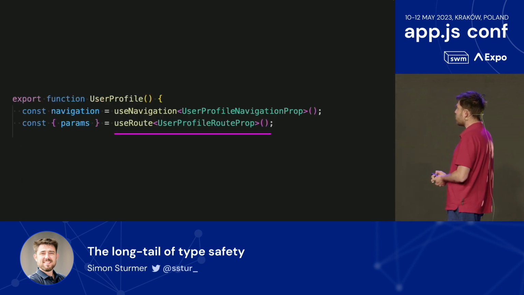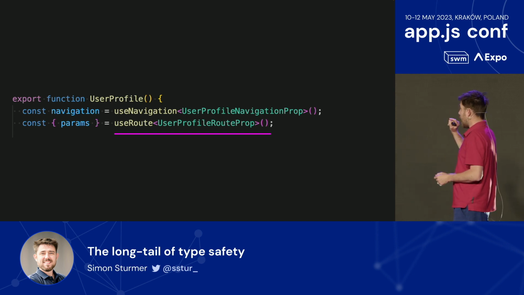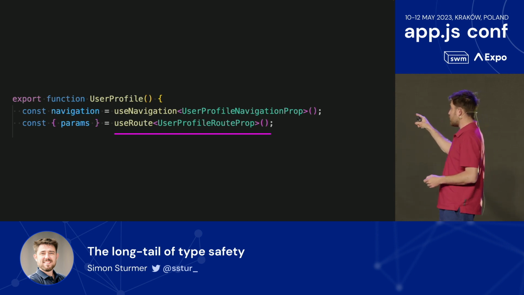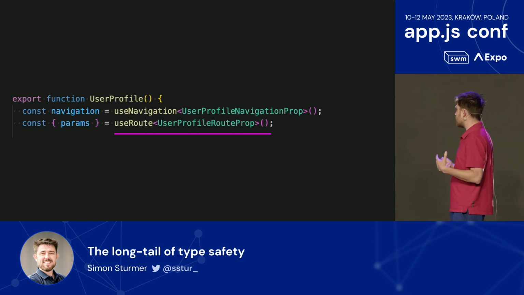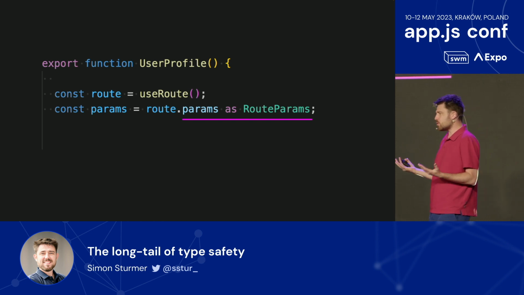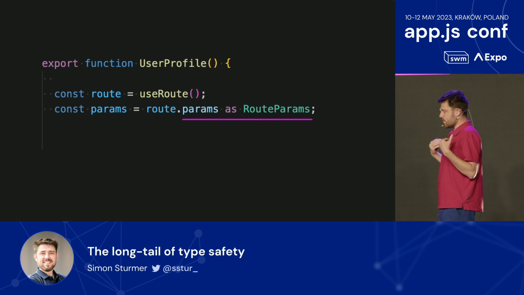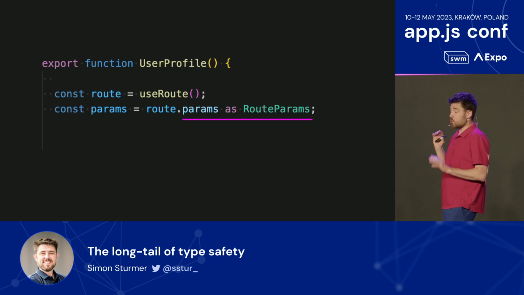And this is the solution to what we saw earlier: you have to add the angle brackets. This is just us telling TypeScript, hey, I'm really certain that because we're in the user profile component, this is going to be a user profile route prop. But that's essentially not much different than using a type assertion. And as we learned, whenever we're overriding the type system and saying, look, I promise you, I guarantee it's of this type, that's risky.